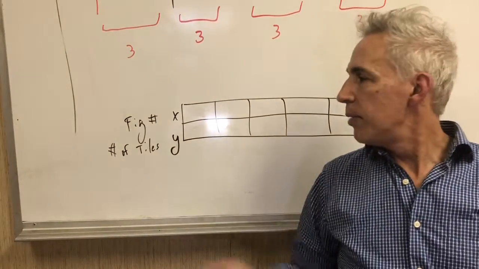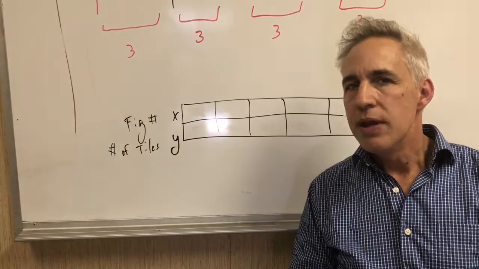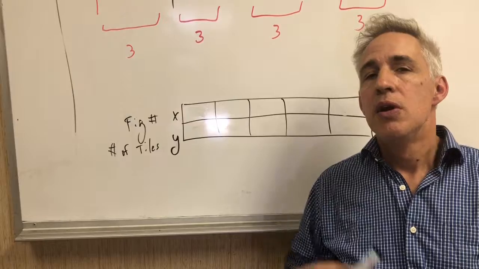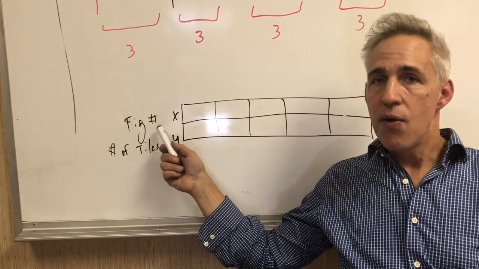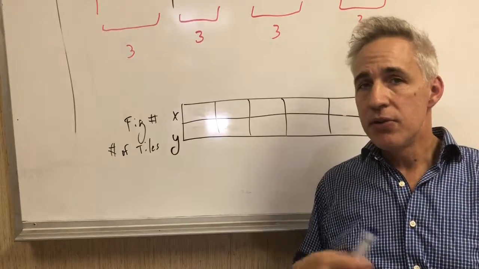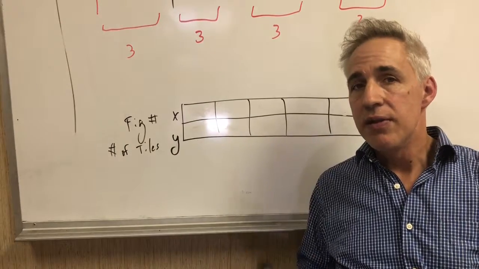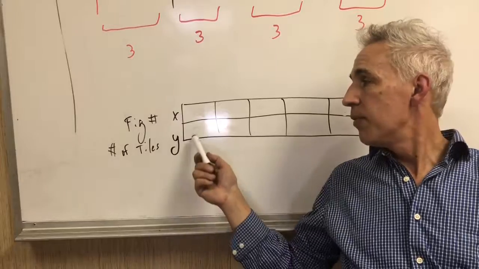Moving right along in our problem, we are now going to create another representation of the same problem. It's now a table, and it has an x value and a y value. The number of tiles is the y value, and the figure number is the x value. One is independent, one is dependent. The figure number 0, 1, 2, 3, 4 is independent. That doesn't depend on anything, whereas the number of tiles is a dependent variable because the number of tiles depends